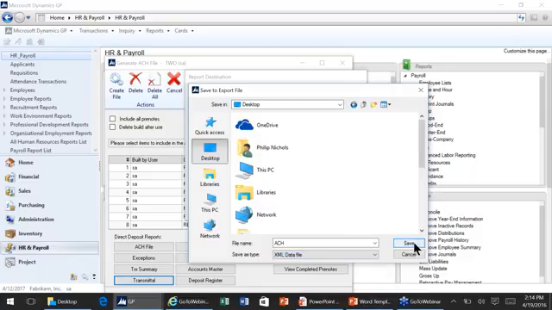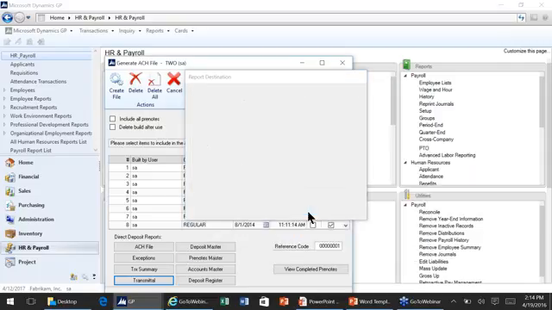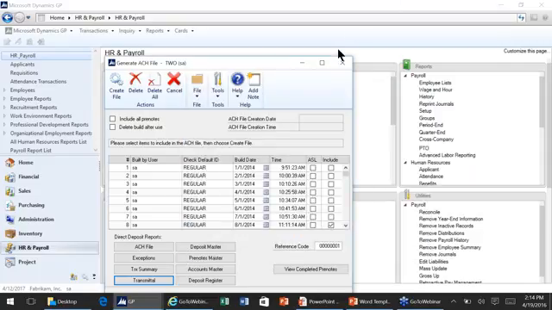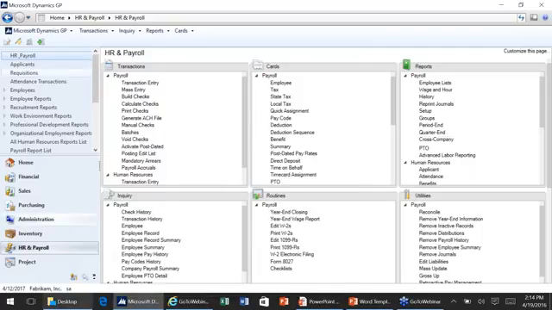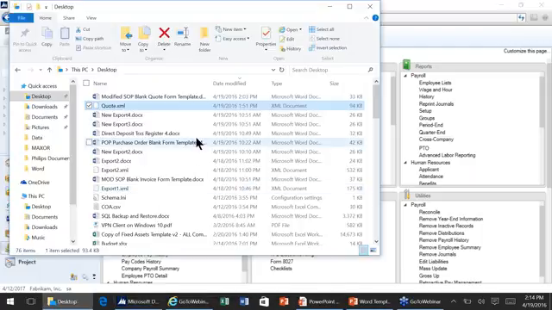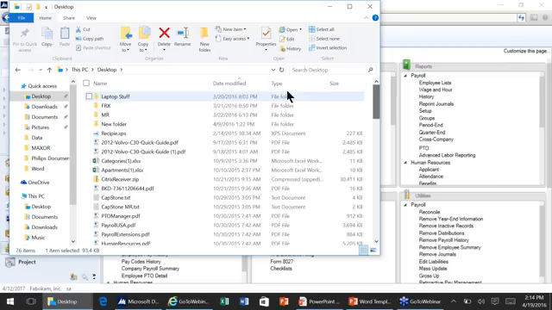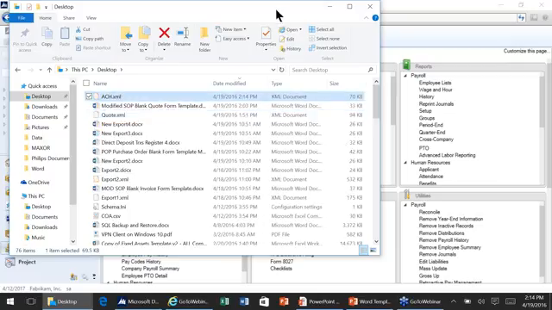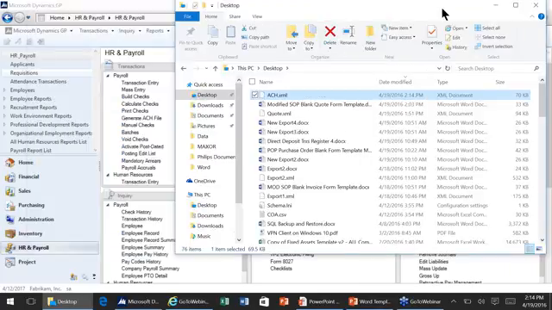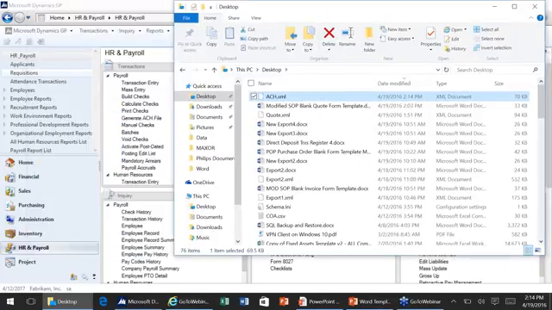Turn it into an XML file. I save it. Okay, so that's been created on my desktop. Now once I create that file, I'll do one thing here real quick. Here's my ACH XML. Now in order to turn this into a Word template report in GP, I'm going to